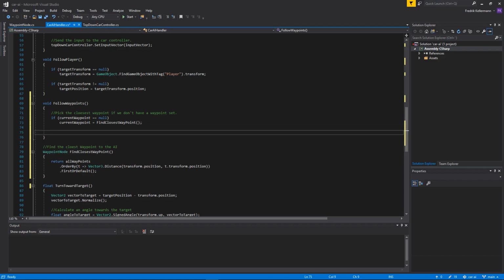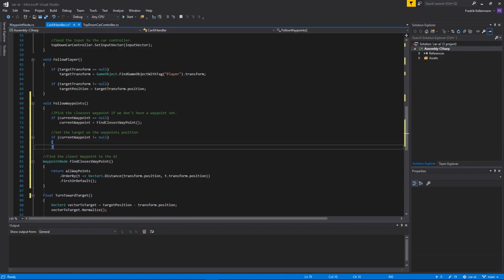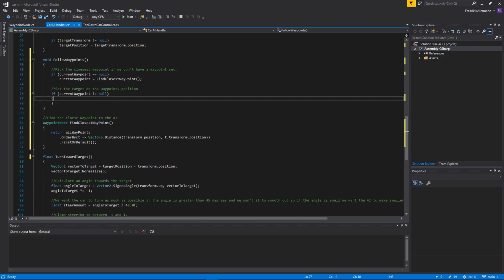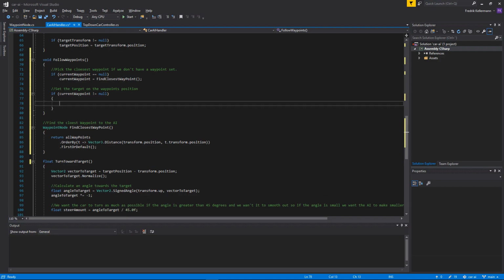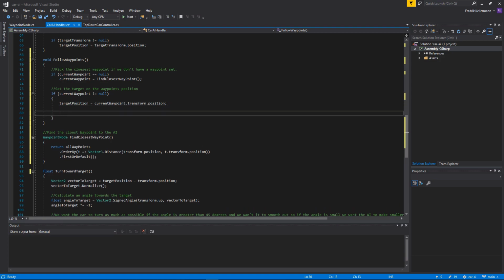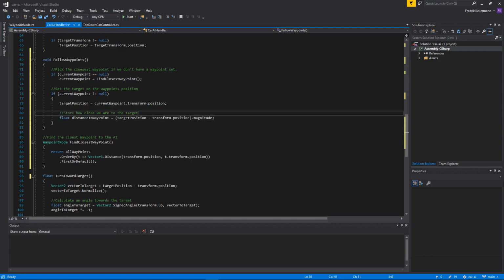What we then want to do is tell the car to drive towards the current waypoint. If the script or the scene for some reason doesn't include any waypoints, we'll just check that it's not null. And if it's not, then we will set our target position to the current waypoint transform's position. So it will drive towards the waypoint. Now, when we are close enough to the waypoint, we want to start to follow the next waypoint. So we will do a distance check, and what we do is we subtract the target's position